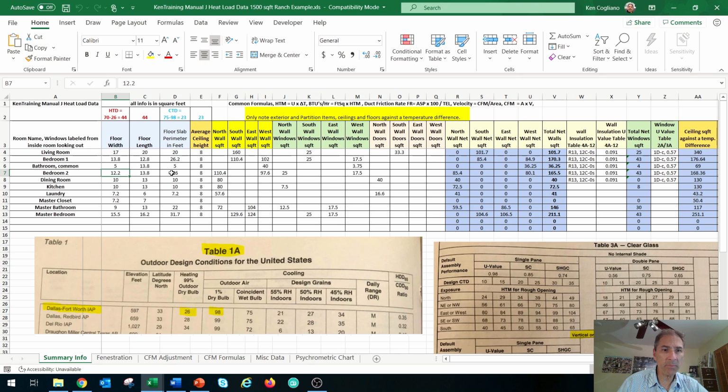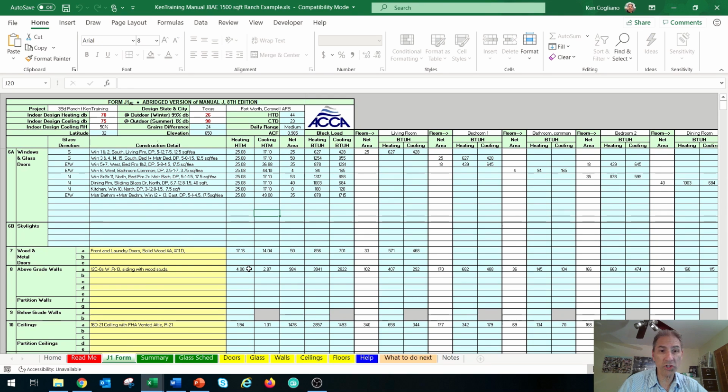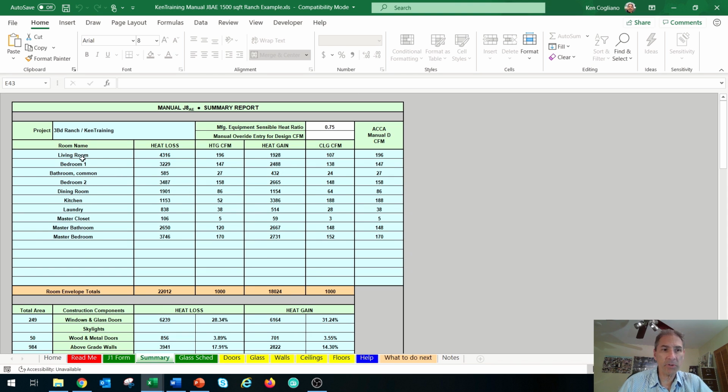I made up this template in an effort to put in the room information, the floor width and floor length, and all the information about the space that I'm trying to get my data from. This is all the data that you need in an effort to fill out the Manual J. So it's easier for me to fill out this information, then go to the Manual J and fill out the information required here in an effort to go to the summary, in an effort to produce the data that you're